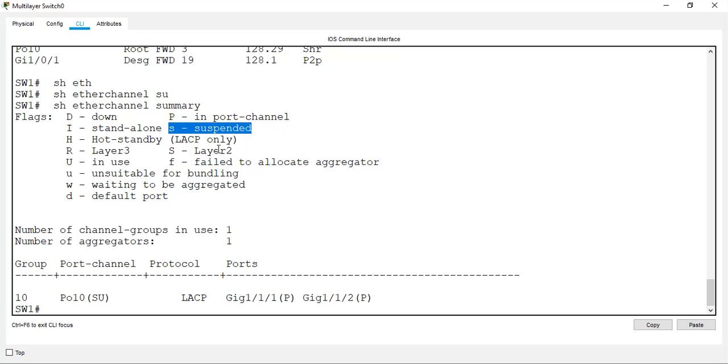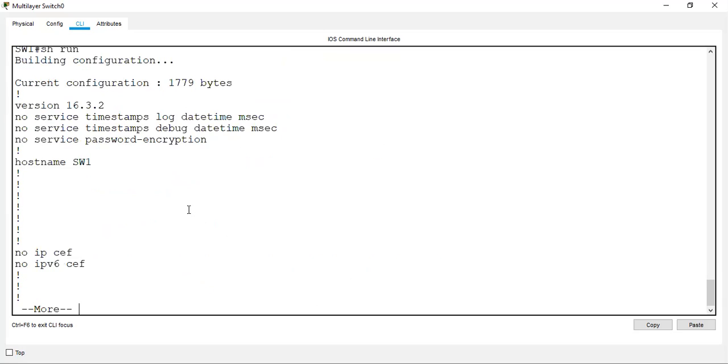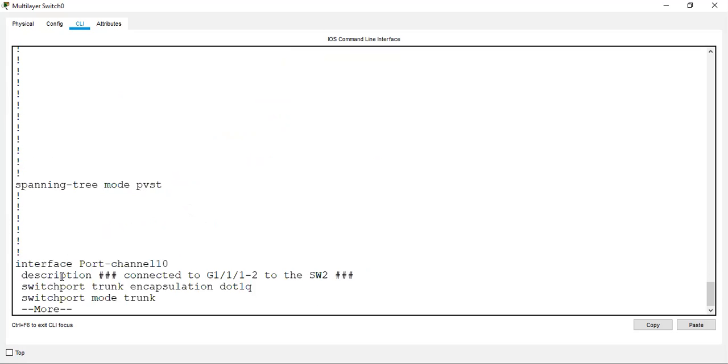So when you have suspended, check the configuration. Instead of the entire configuration, the best practice to troubleshoot, the first task, is to go show interface, then you can see the port channel number, port channel 10. And if your switch has multiple port channels, your description will help you understand what this port channel is specifically connected to.